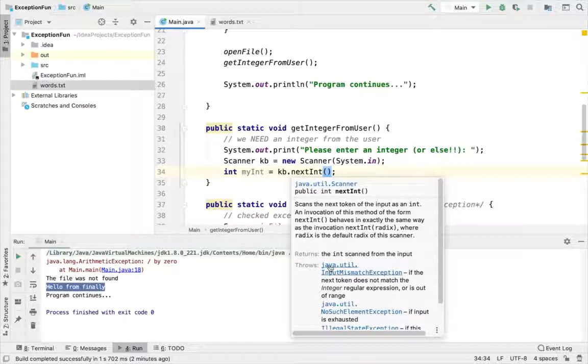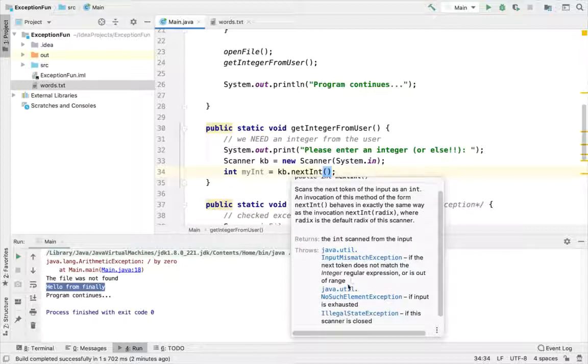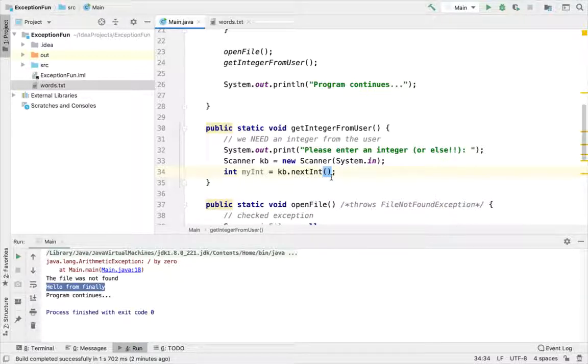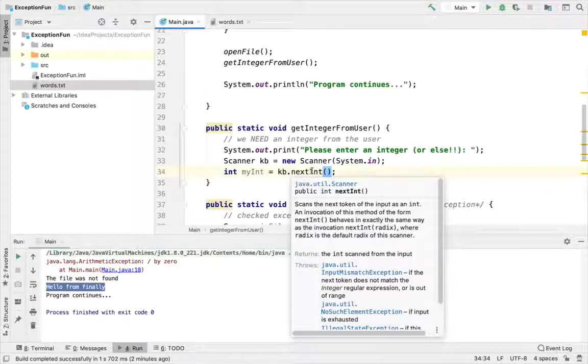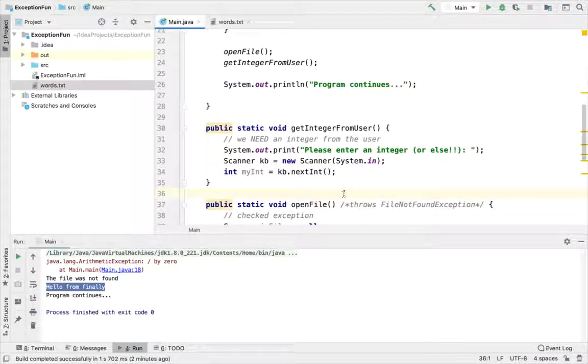And right here it says throws java.util.InputMismatchException if the next token does not match the integer regular expression or is out of range. Okay, so look, there's actually two other exceptions that nextInt can throw. So are these three exceptions checked or unchecked exceptions? These are actually unchecked exceptions because my code compiles. I could run this,